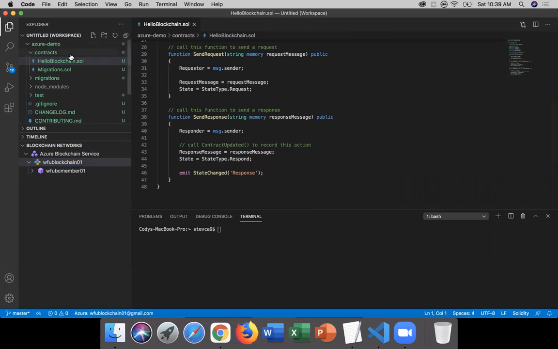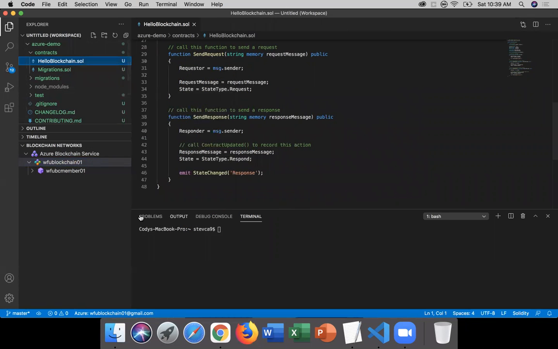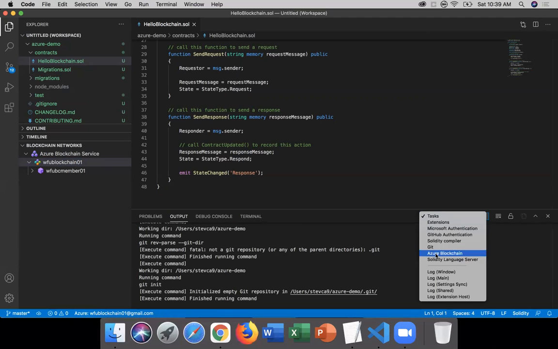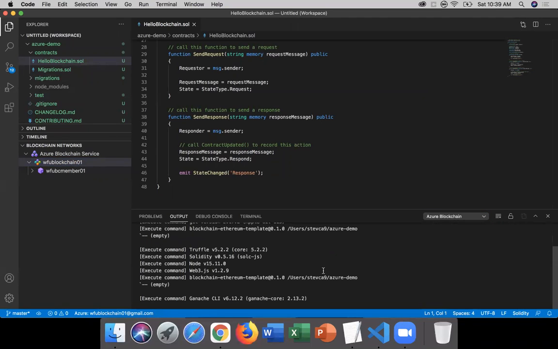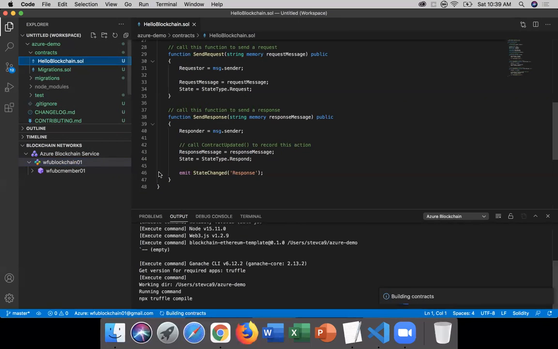So right when we're here, we don't have to edit this at all. We can just go ahead and right click and we can say build contracts. Now, before I do that, if you've used Visual Studio Code before, if you click this X and this little hazard symbol, this brings up your terminal. I'm going to select output, and then I'm going to make sure that I have Azure Blockchain set up right here. And so I'm going to go ahead and right click here, and I'm going to say build contracts,